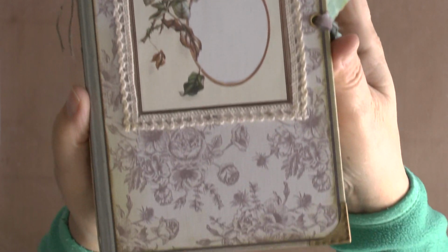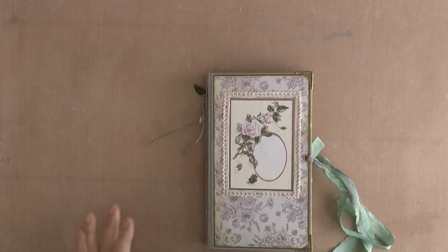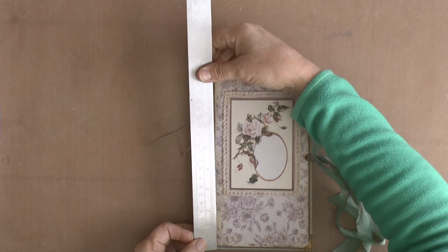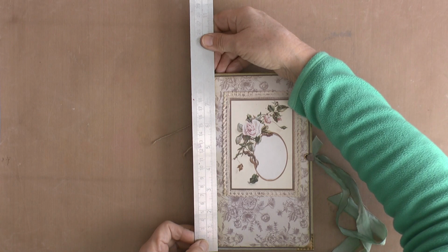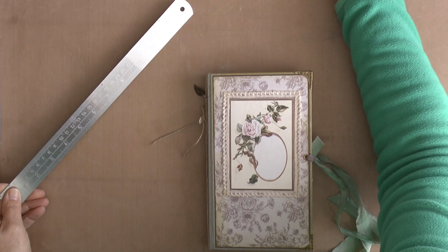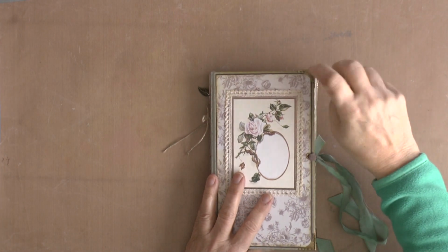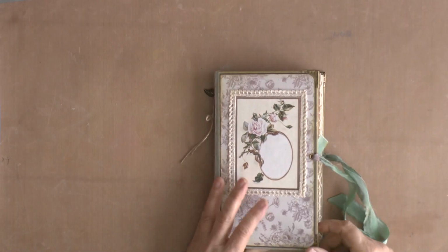This is a journal, and I have to measure. It's 5 by 8.25 inch. Sorry, it has a hardcover with metal copper book corners,